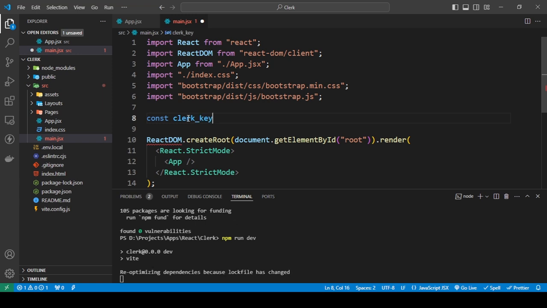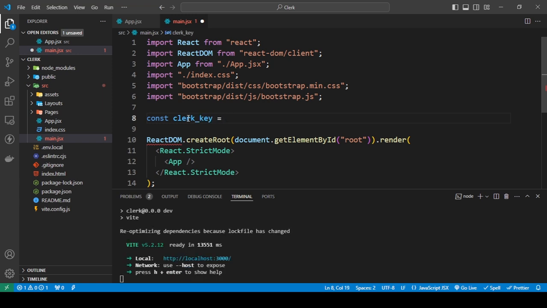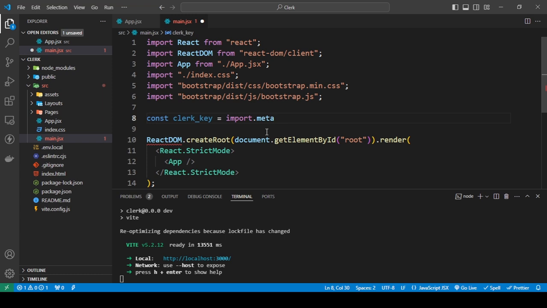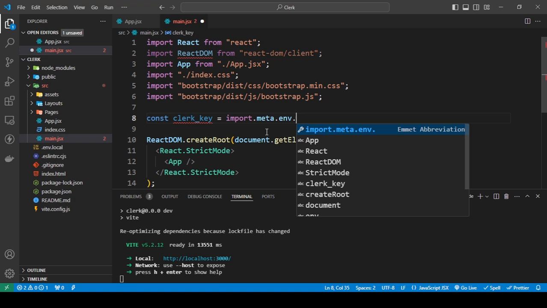I'm going to call it Clerk Key, and I'm going to say import.meta.env. Now since I'm using Vite,